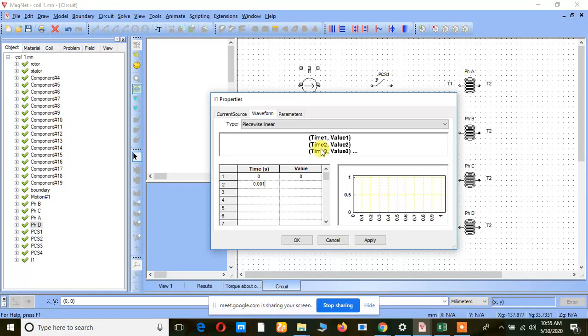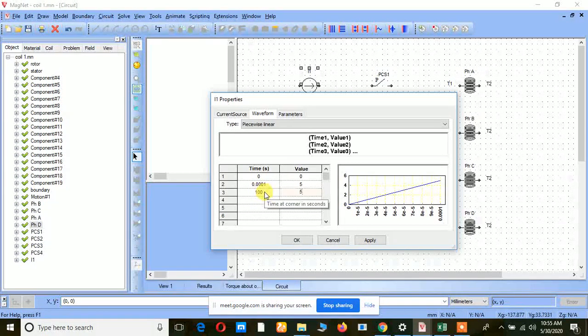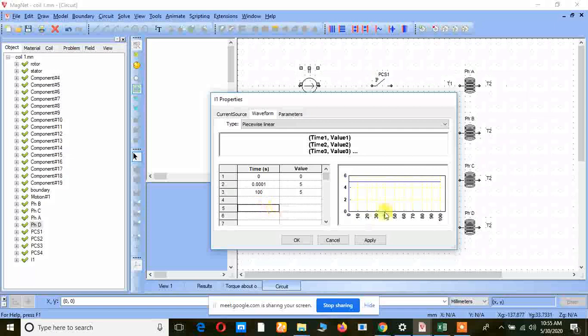Now again I am going for less than 1 milliseconds. What is the value I have given? 5 ampere. Now just check, it is linearly increasing, right? Now again, 100 seconds, again I am giving 5. So what happens?